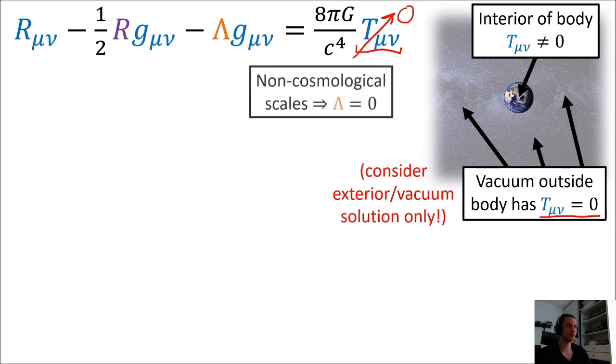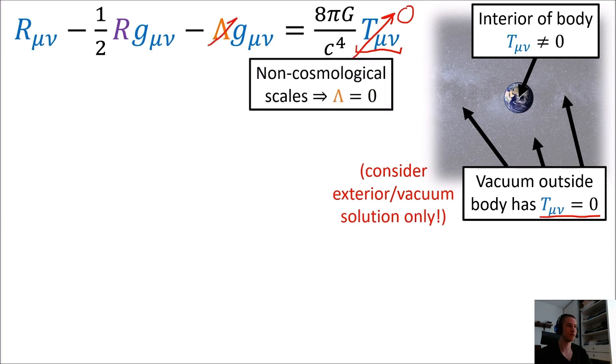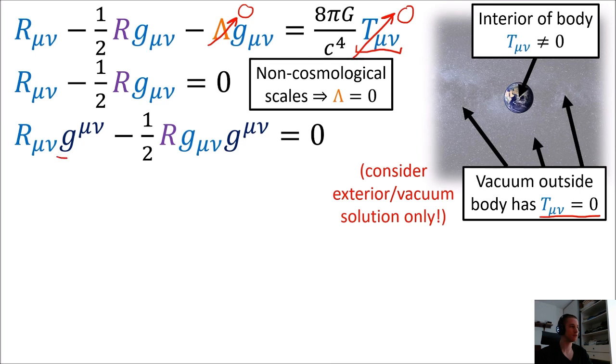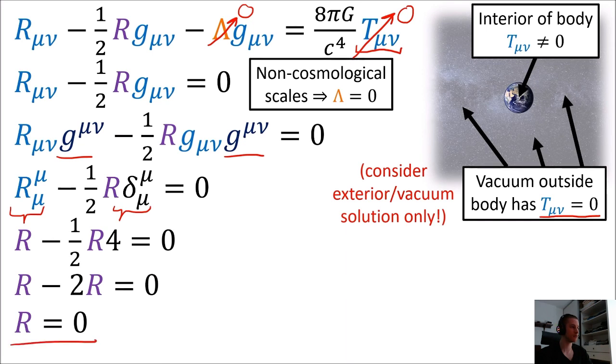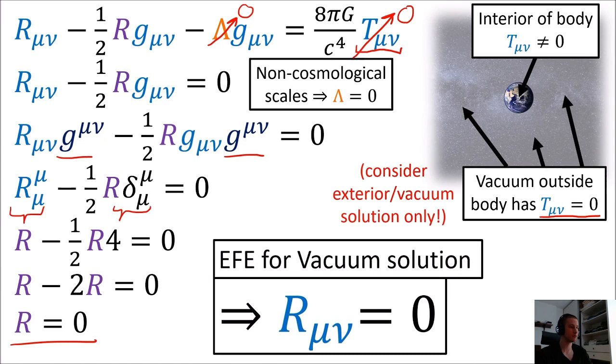We're also going to set the cosmological constant to 0, since it's basically negligible unless we're working at cosmological scales. If we take the trace of what's left, using the inverse metric to raise an index, the trace of the Ricci tensor is the Ricci scalar, and the trace of the 4x4 identity matrix is 4. So we end up with the Ricci scalar being 0. So for a vacuum region, the Einstein field equations simplify to just the Ricci tensor being 0, which we call